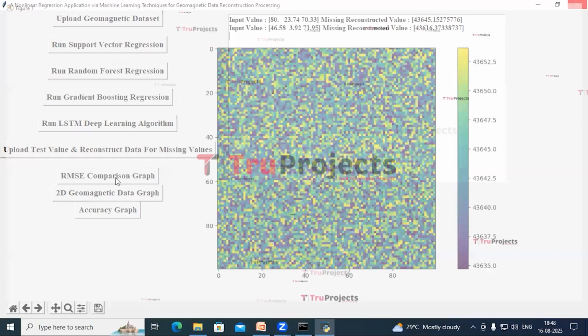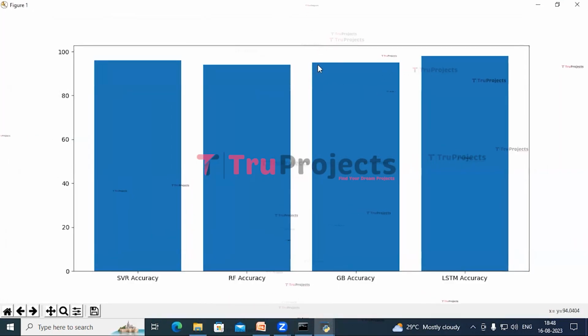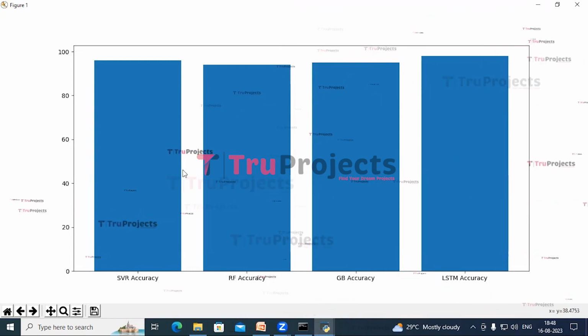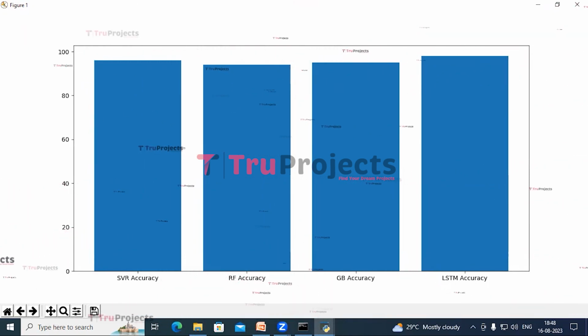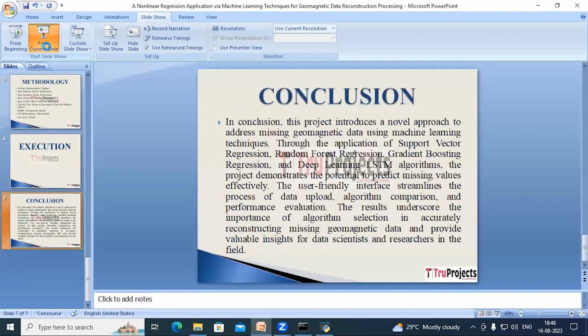Close this graph and now click on the Accuracy Graph button. So in this graph, on the x-axis I have the algorithm names and on the y-axis I have accuracy, and we can see both LSTM and SVR have got the highest accuracy. Close this graph and the conclusion here is